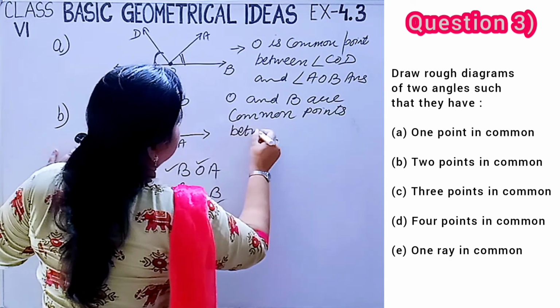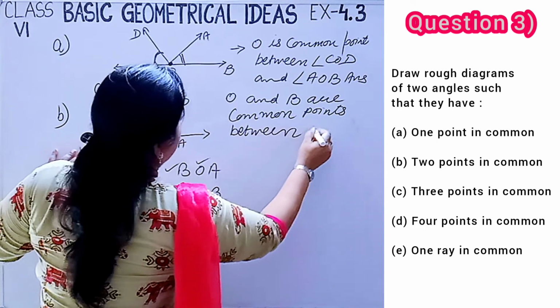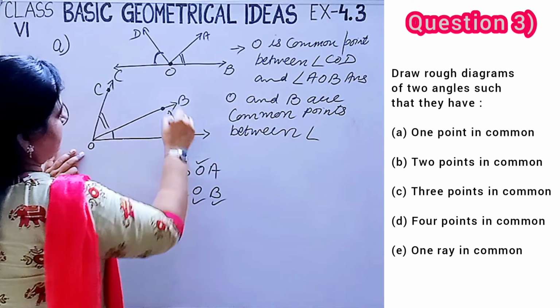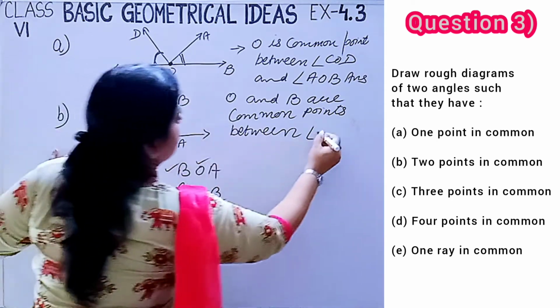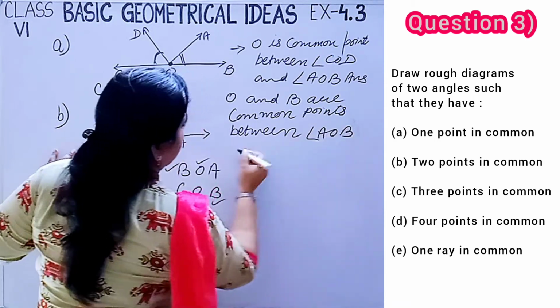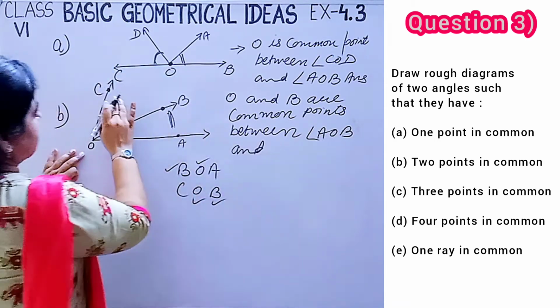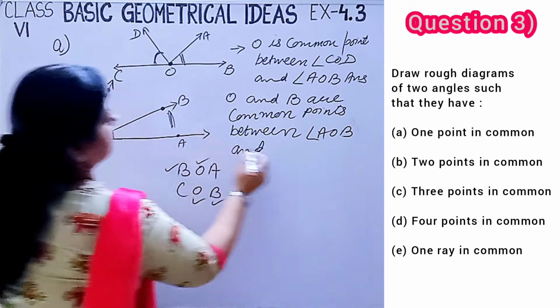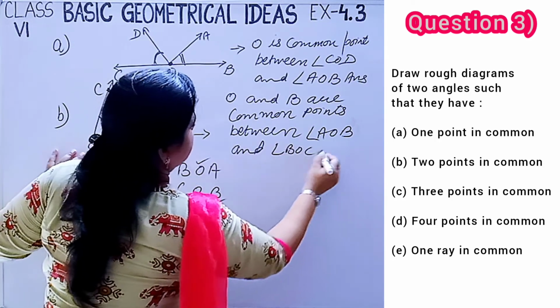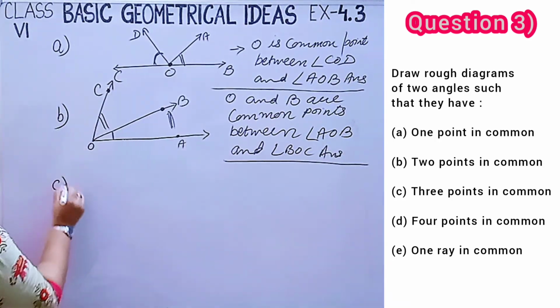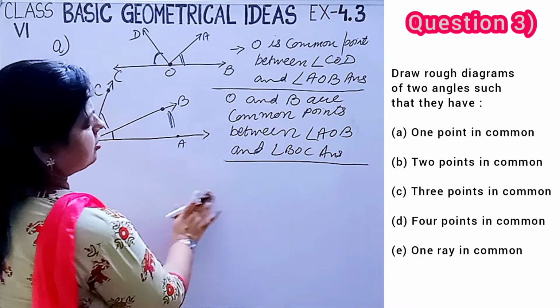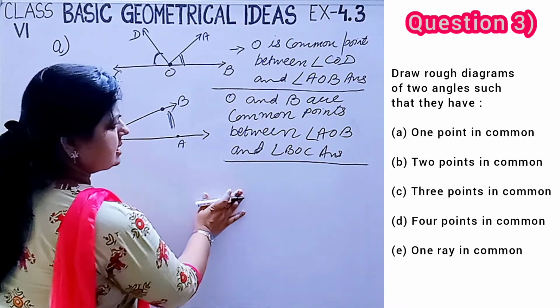between this angle, AOB, and this angle, BOC. Answer. Now C part. In C part, we have to draw a rough diagram of two angles such that they